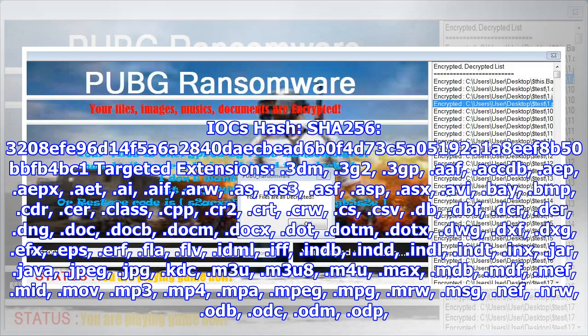IOC's hash SHA-256 to 3208 FA96D14 F5A6A 2840 DEEP 6B0 F4D73 C5A05192A1 A8EF8B50 BBFB4BC1 Targeted extensions 0.3 decimeters, 0.3 grams 2.3 GP.off